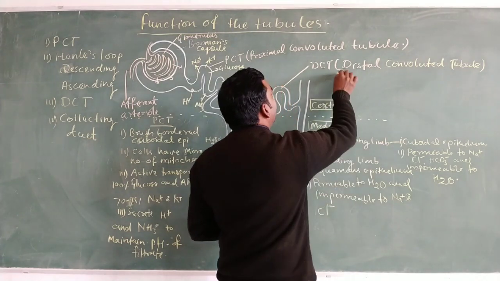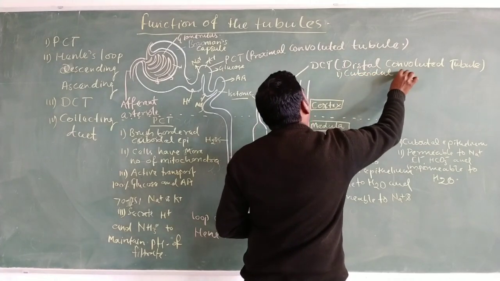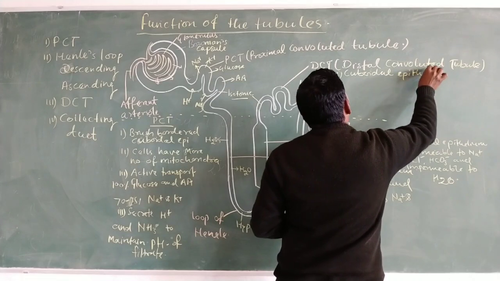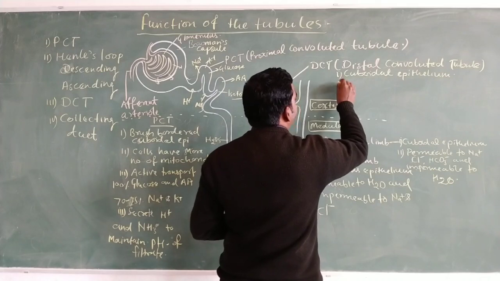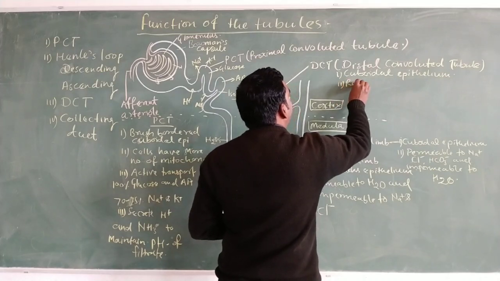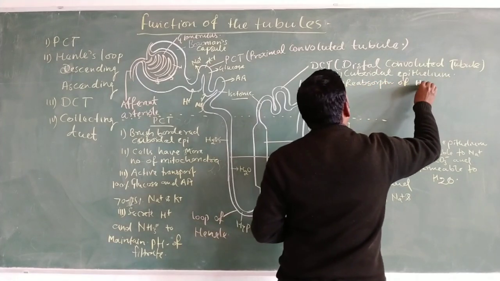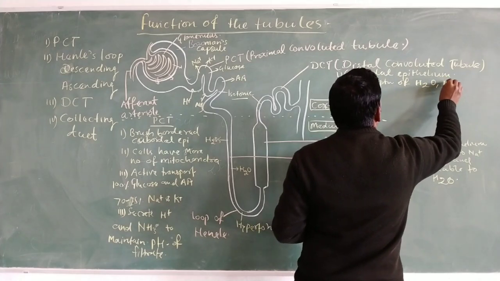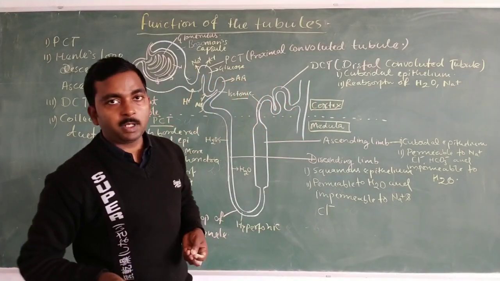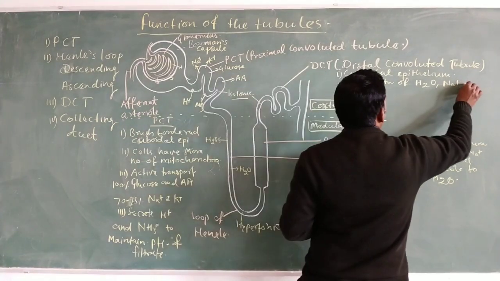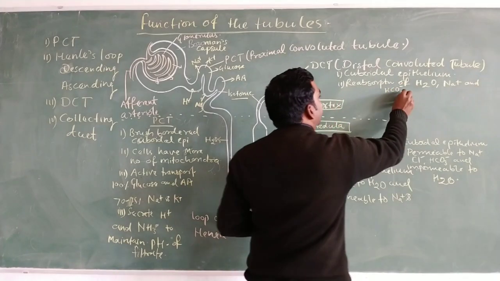So the DCT region is also made up of cuboidal epithelium, and here the reabsorption of water as well as sodium ion takes place. Reabsorption of water and sodium ion along with the bicarbonate ion, HCO3,